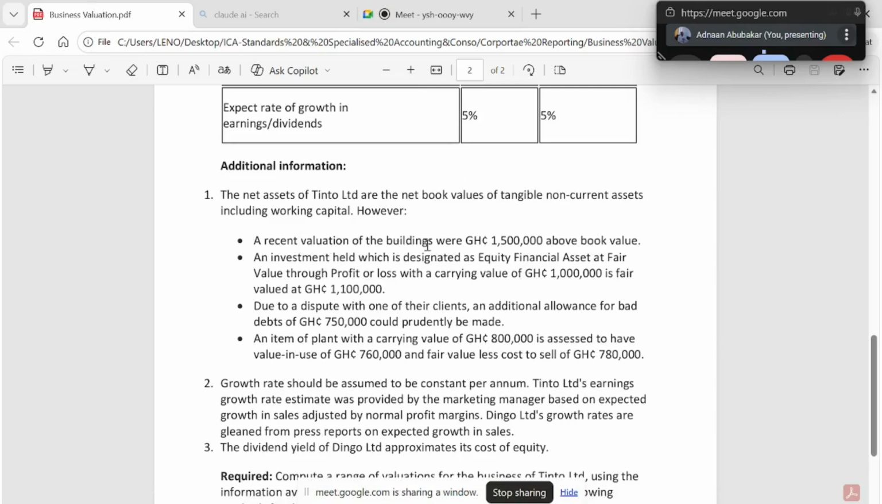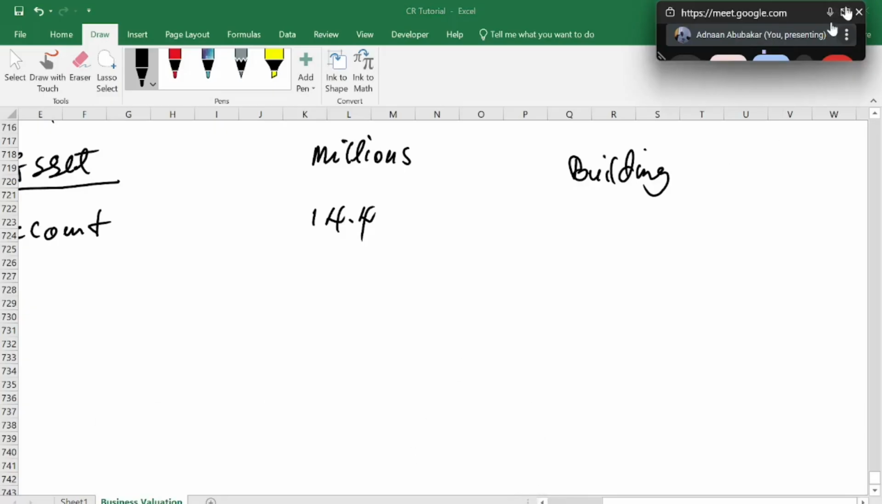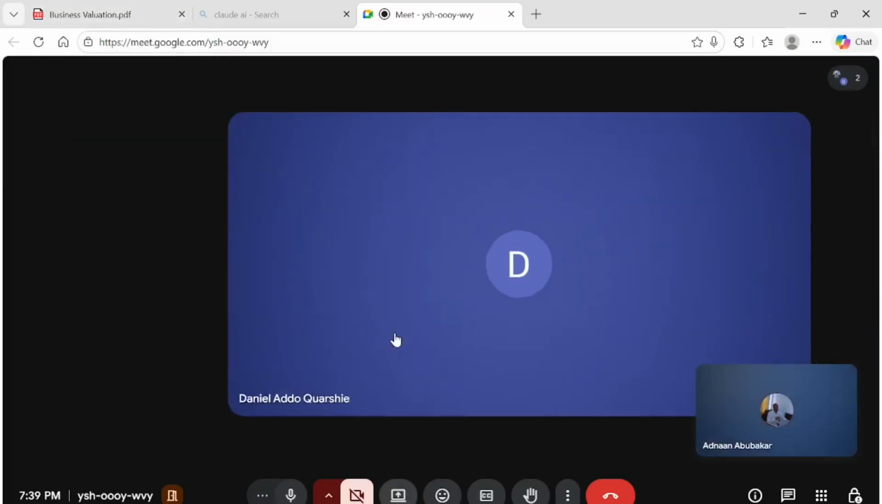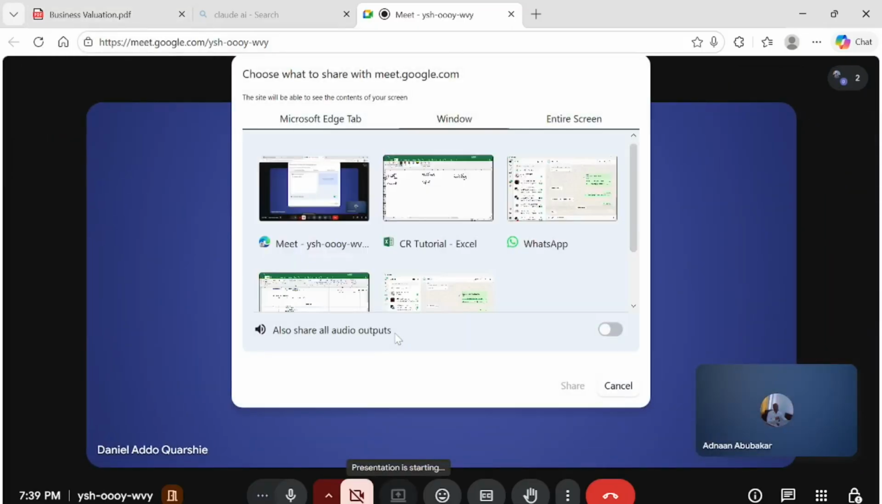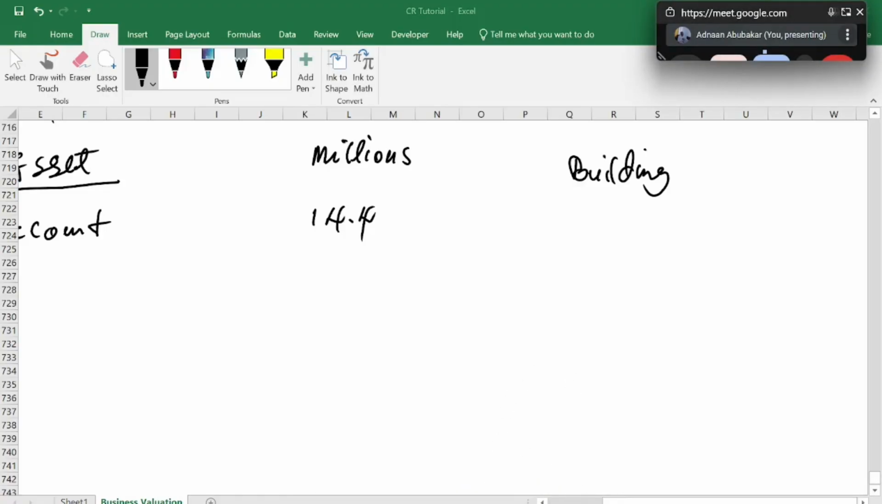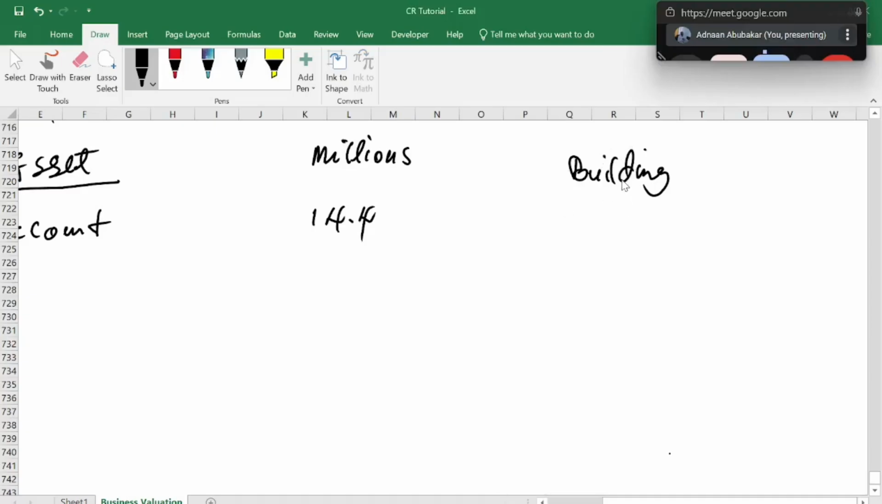Okay. So a recent valuation of building. So here, what they mean is that, can you see the board? There is a building. Are you with me? Yes, sir. So have you seen the question? The question is saying that there's a certain building